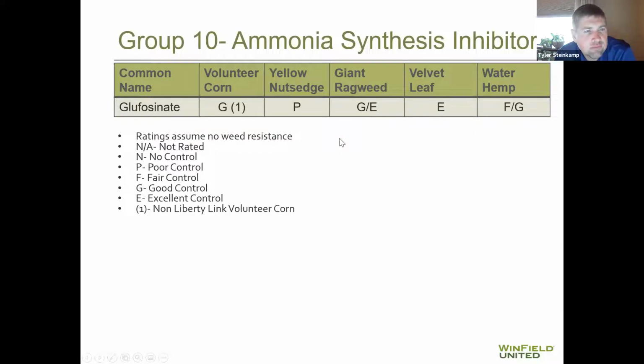Any of the VT Double PRO would not have the Liberty trait in them. I know some people that will plant a VT Double PRO coming off the bean year, and then they'll go into SmartStax on the corn year and apply Liberty, and you can get okay control,